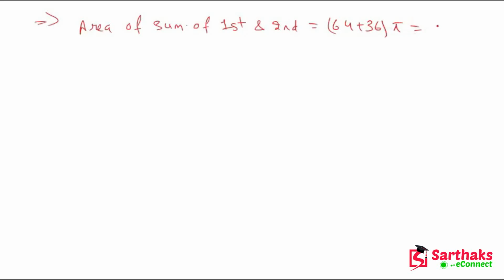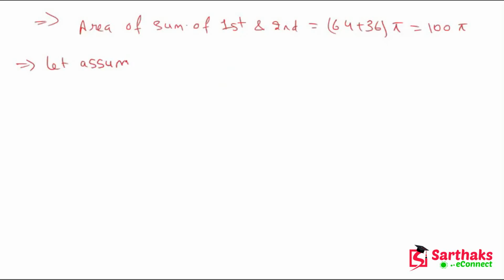Okay. So now my dear friends, according to the question, the sum of the first and second circle areas will be what? The area of the first circle and second circle is equal to 64 plus 36 pi. So this will give 100 pi. Now let us assume